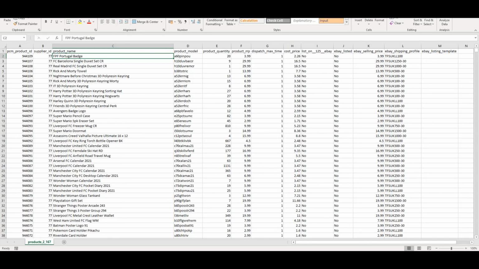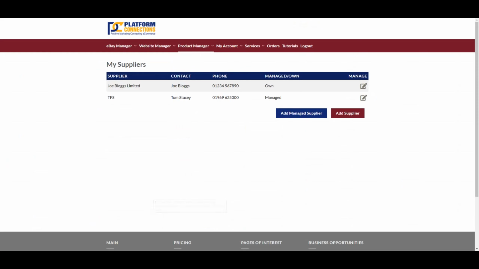Something to bear in mind is that if the supplier is a managed supplier, i.e. we update information for you, then the product name is going to be also updated. So if you want to make changes to your product name, you're going to have to change the settings within your supplier to enable you to make those changes and keep those changes. So to do that, what we're going to do